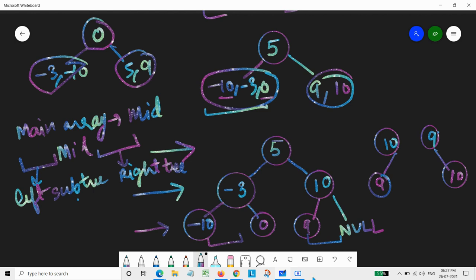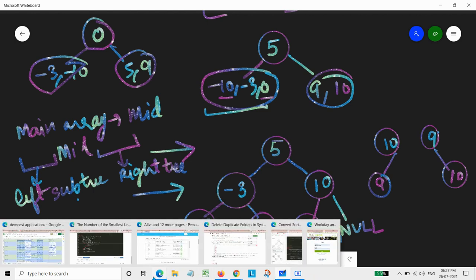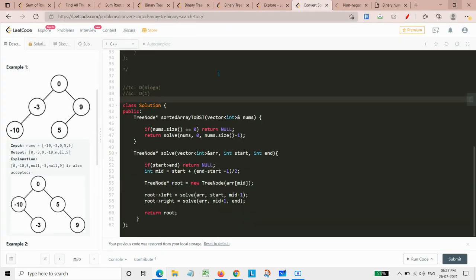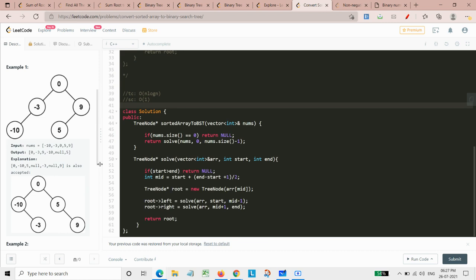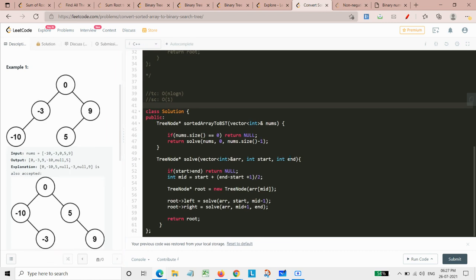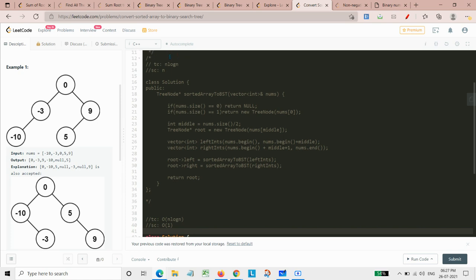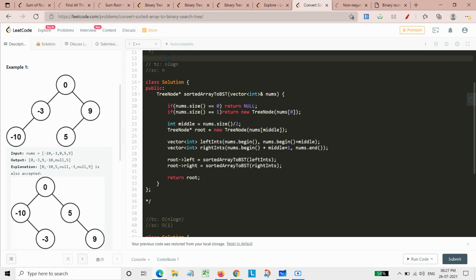So now let's come to the code, that is, how we need to code the solution, basically this algorithm. Here I have written two types of code. The first one was simply using extra space.